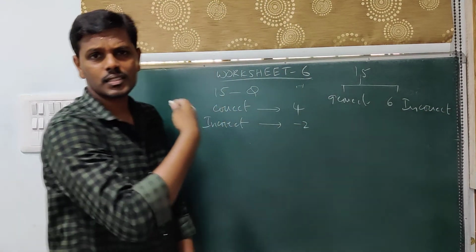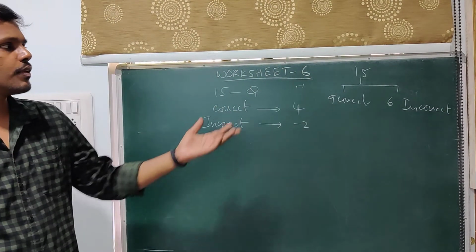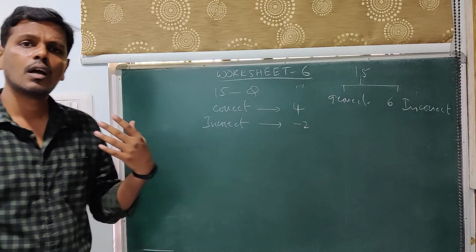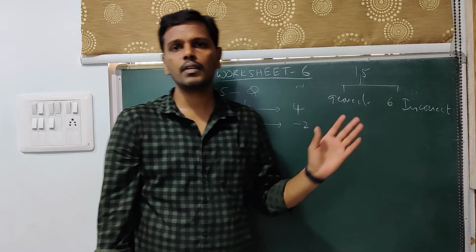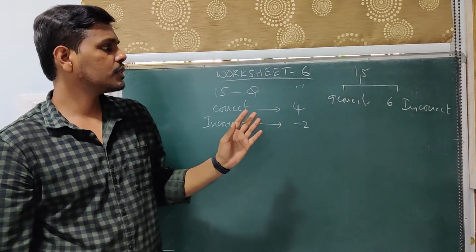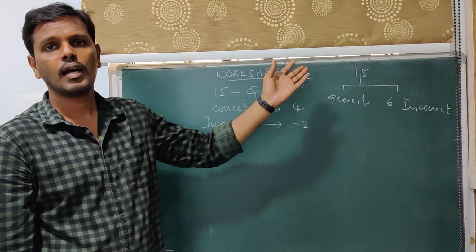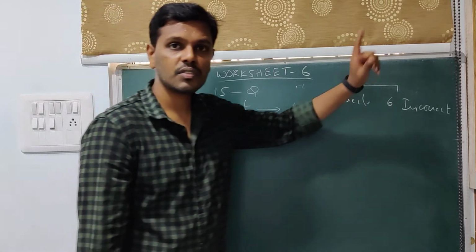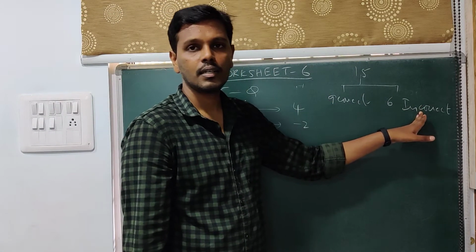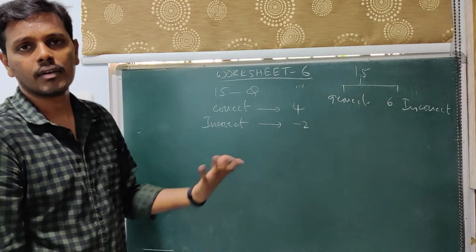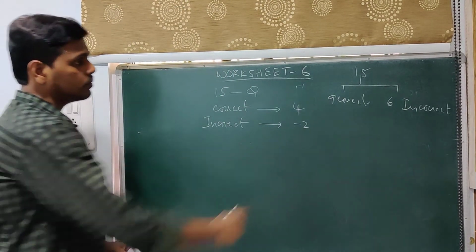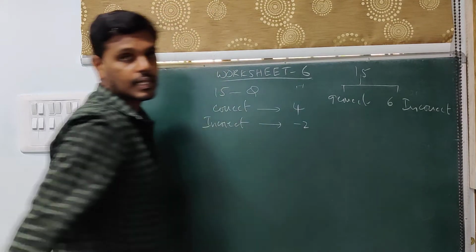See, this is just similar to the previous problems. However, the only difference is that in the previous cases we are given how many questions that particular person has written correctly or incorrectly. Here we need to find out how many questions the person has attempted correctly or incorrectly. In the previous case, these are given directly. Now we are trying to find out how many that particular person has written correctly or incorrectly. So 9 correct, 6 incorrect.